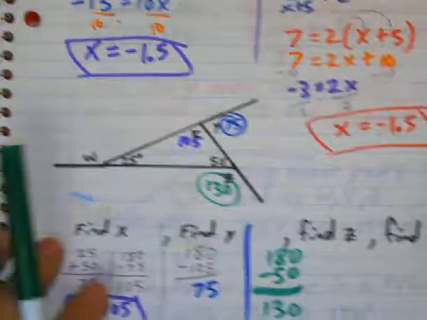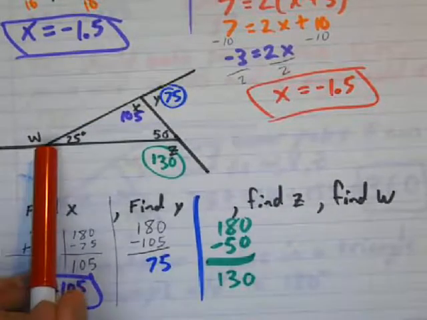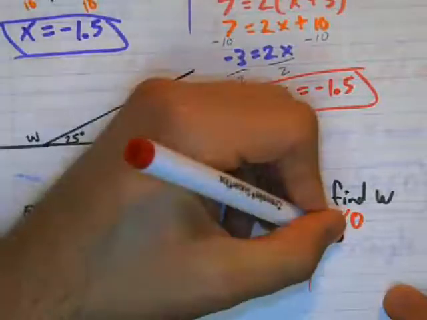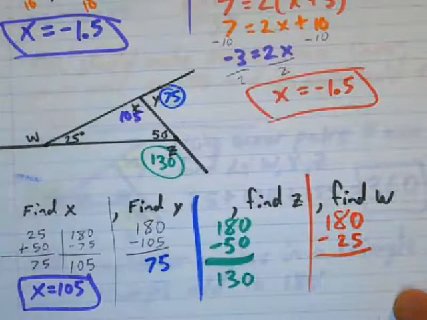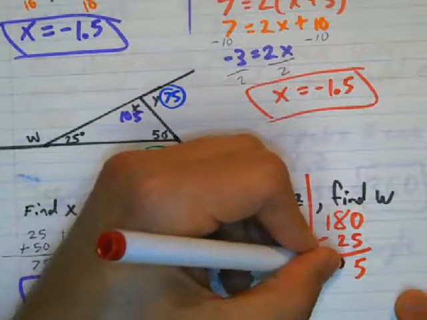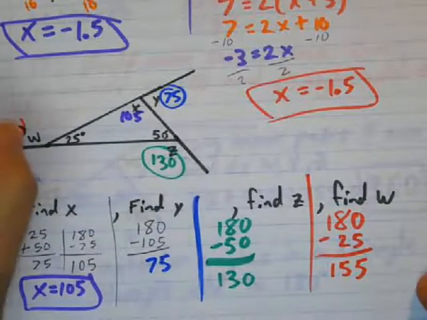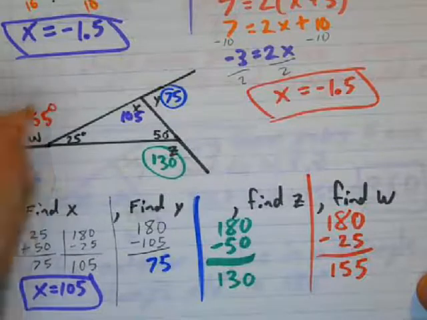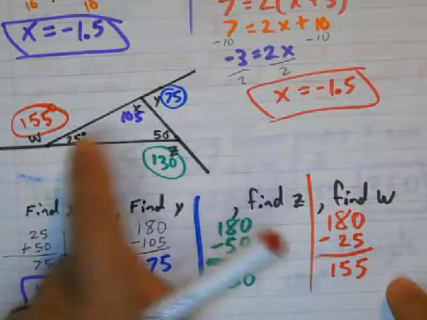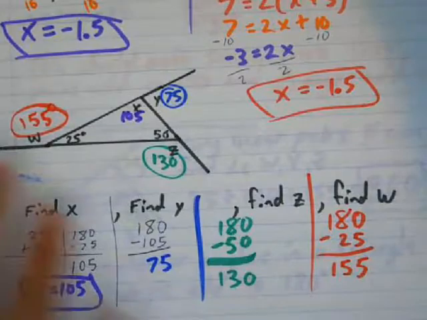And then finally, let's find w. So this is a linear pair also. So I can do 180 minus 25, and I'm going to get 155. Okay. Now, that's a linear pair, those should add up to 180. That's a linear pair, those should add up to 180. This is a linear pair, those should add up to 180. So using that information,